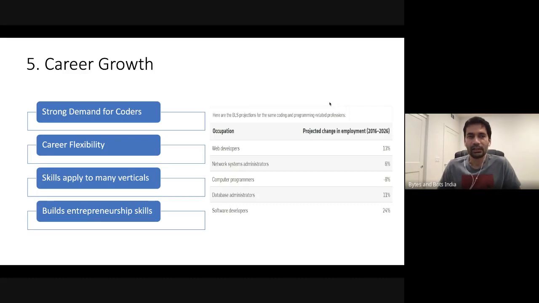Build entrepreneurial skills. As you work, new ideas will come because you'll be interacting with people. You'll be using a lot of your logical reasoning, and who knows, out of these things, you may come up with some bright idea that could be world changing. As an example, Google was one of such ideas. They started in a garage, and now it's one of the richest companies in the world. Same for Apple. So we have a ton of examples to show that.